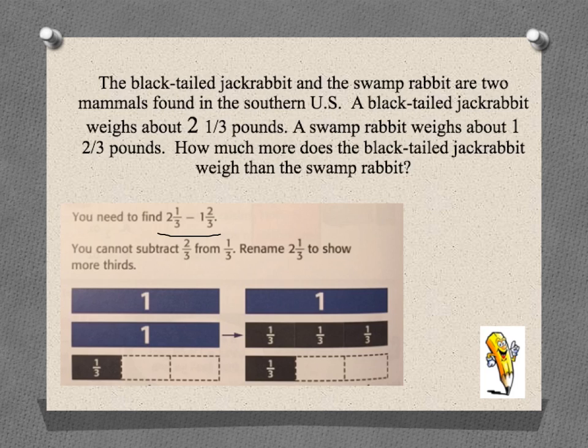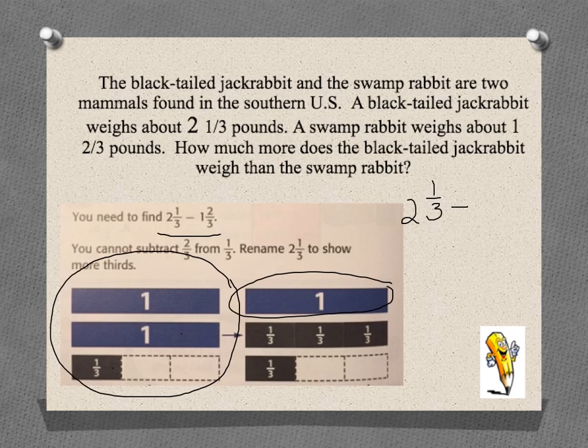So my 2 1/3 is going to have to change. I can see right here, for those of you that like to see it in a picture, I've got 1, 2, and 1/3. Now, over here, I'm going to rename it. So we know another way of saying 2 is 1 plus 1. So I have 1 whole, and I'm going to take that second 1, and I'm going to turn it into